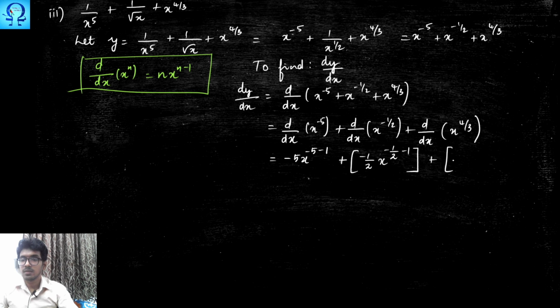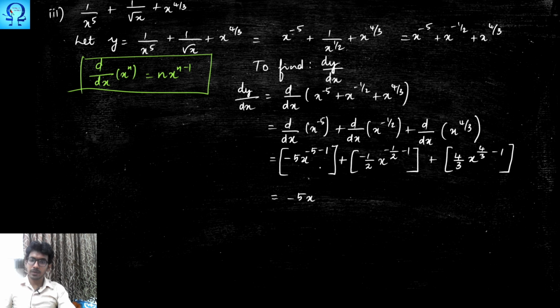Plus n is 4 upon 3 x power 4 upon 3 minus 1. So this is what we are going to have. Now let us do the simplifications. It is going to be minus 5 x power minus 5 minus 1, which becomes minus 6. And then minus half times x power minus half minus 1. When you take LCM you are going to get minus 1 minus 2 upon 2. So this is going to be minus 3 upon 2. So x power minus 3 upon 2